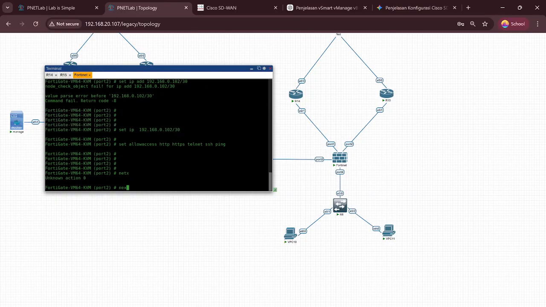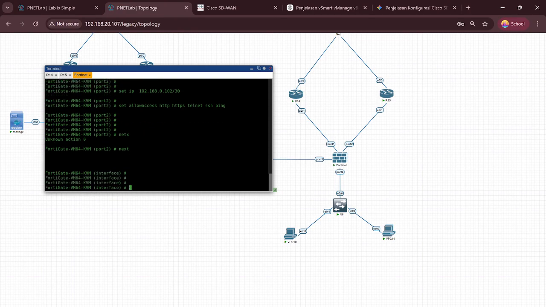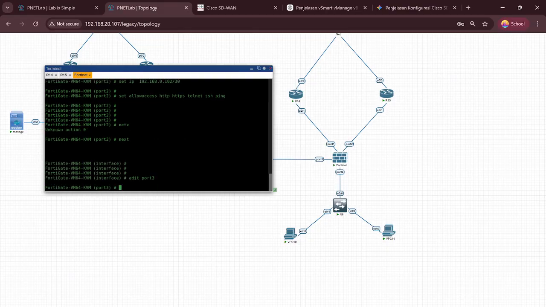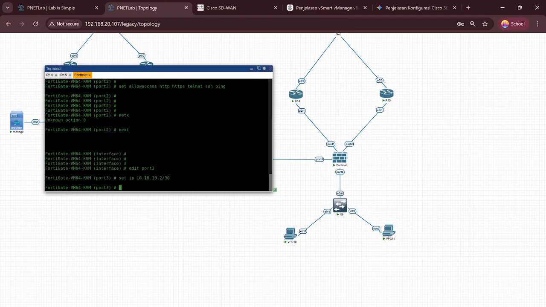Next. Okay, edit port 3. Click enter. Set IP 10.10.10.2, prefix 30.